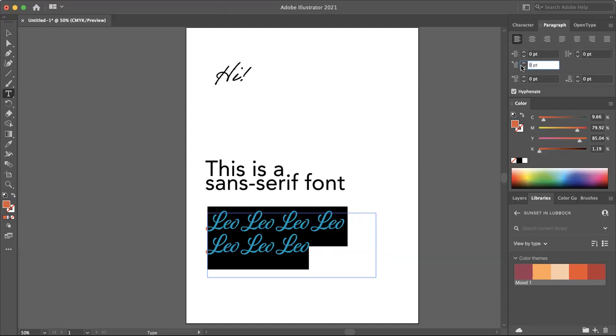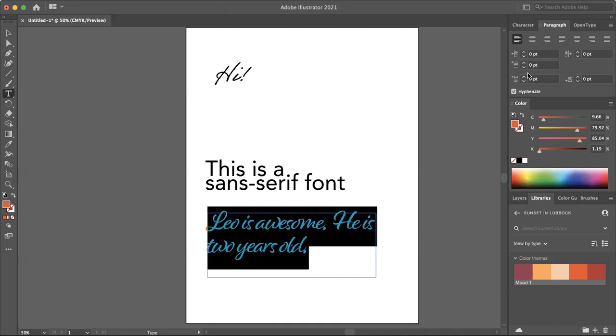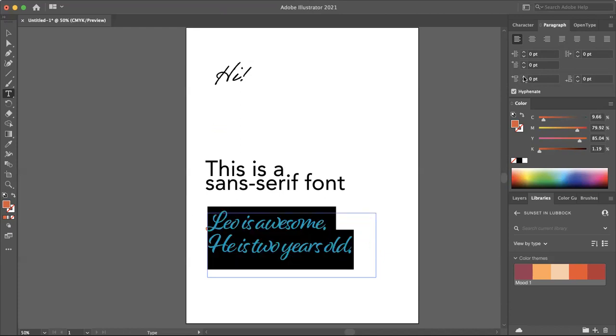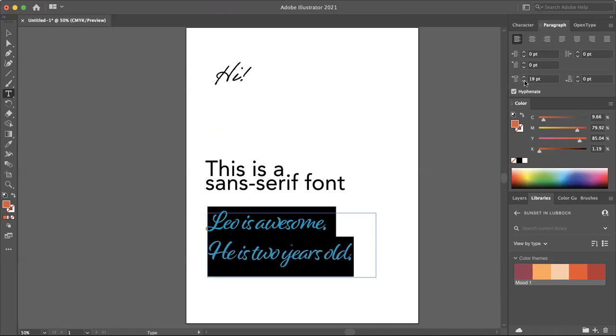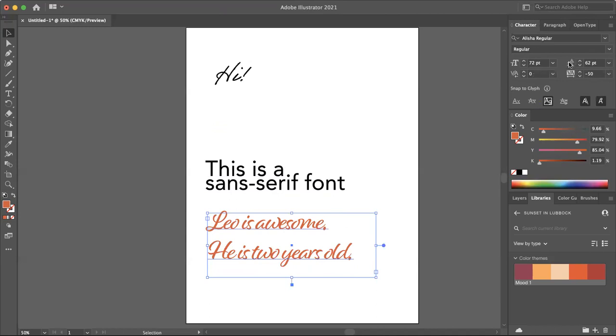If you wanted to indent the first line in your paragraph by a little bit, let's see, I'm gonna make 2 different paragraphs here. So Leo is awesome. He is old. I'm going to make this a new paragraph, highlight it, and then I'm going to change the spacing between this paragraph and this paragraph. So what is the difference then between changing the spacing between your paragraphs and, like we did in our character panel, the leading? Okay, so